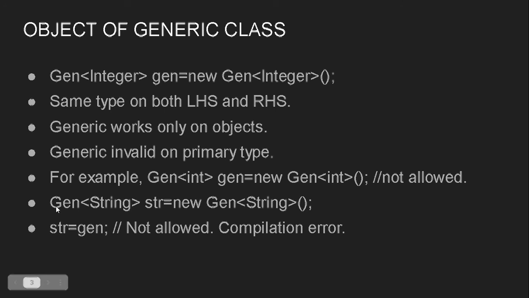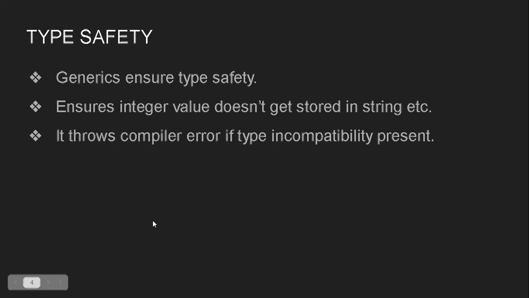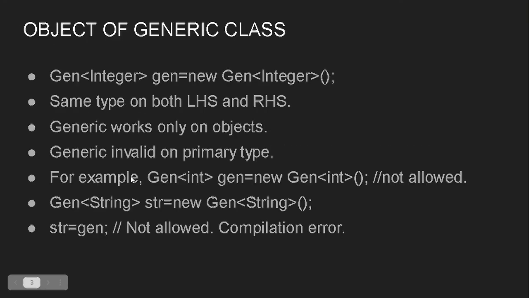Now look at the second last point, Gen. This is the name of the class, then Gen<String> str equals new Gen<String>. Here I am using the type parameter String. In the first line, I am using Integer